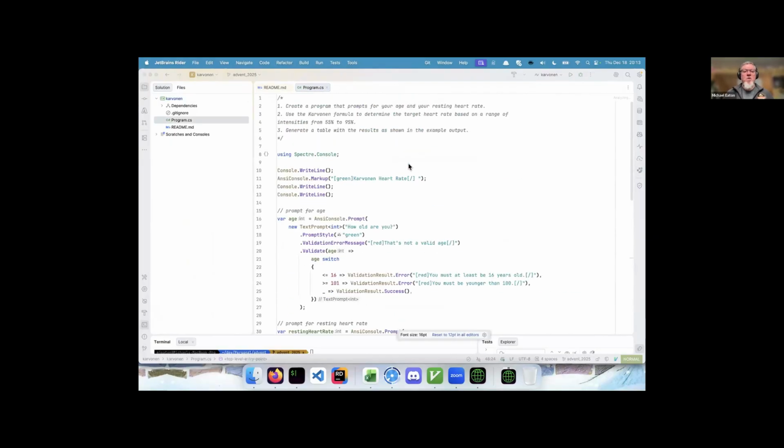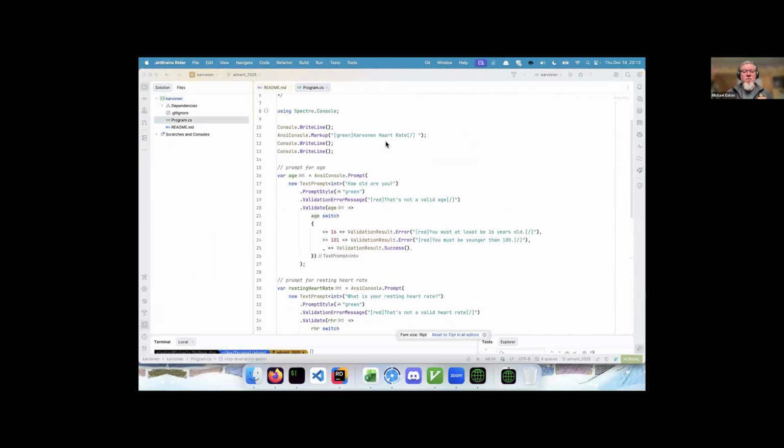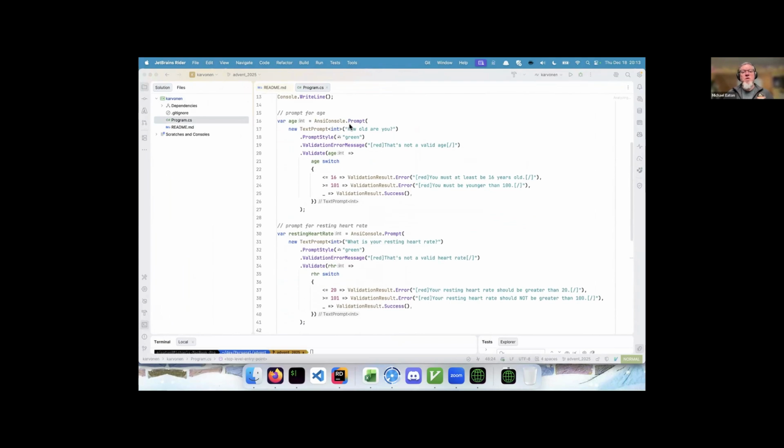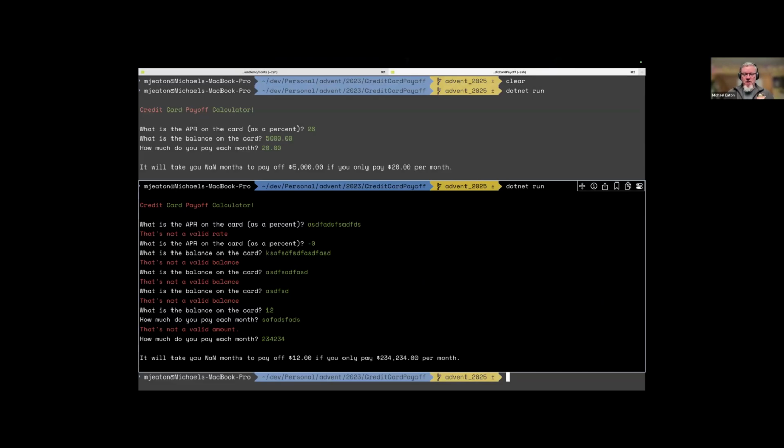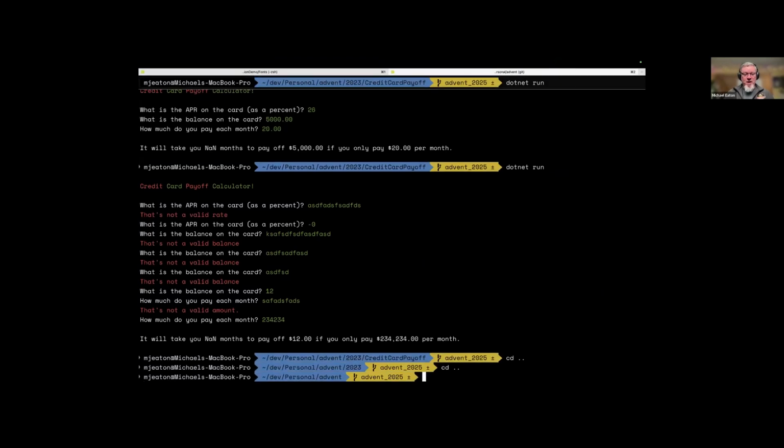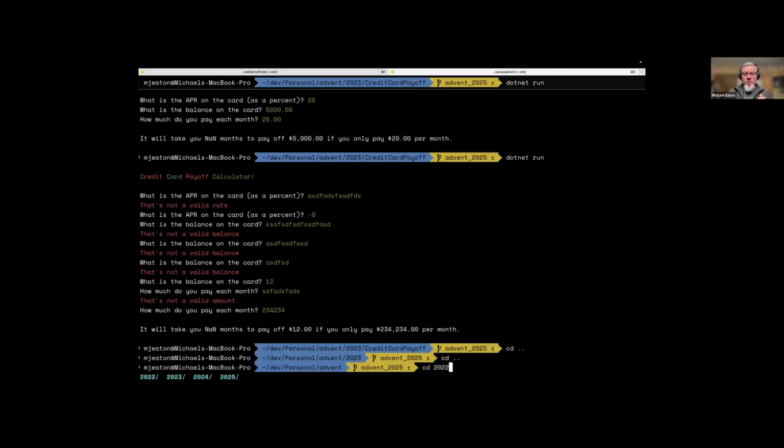Okay, so this one's a little more interesting when it comes to the prompts. The first question I ask is how old are you? This is arbitrary, these are just rules I put in here. You've got to be at least 16 years old and you have to be younger than 100, or I guess 101. And if I come in here and go out to that one, 22,